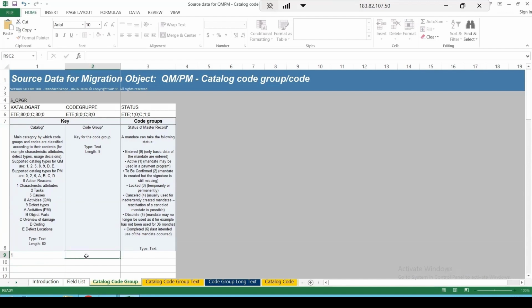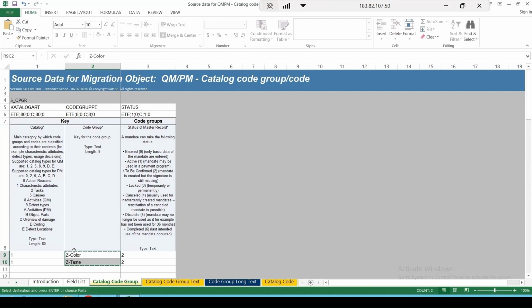So if I enter my code group name as Z-color, status we need to tell. Status we will be keeping it as 2. And let me add one more. So I can again enter 1, and here I can enter say Z-taste. Okay, and again I'm keeping the status as 2. For this also,